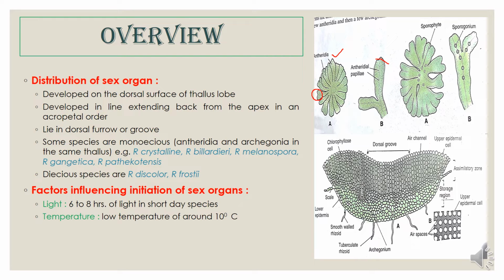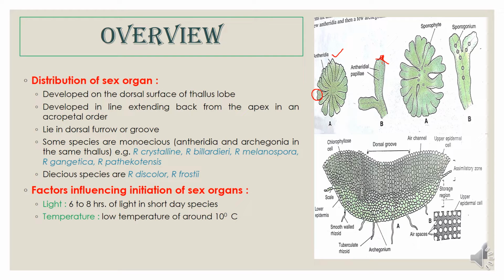In each of these lobes, this is the apical region, and the sex organs are borne on the dorsal or upper surface of the thallus, present more or less in a single line